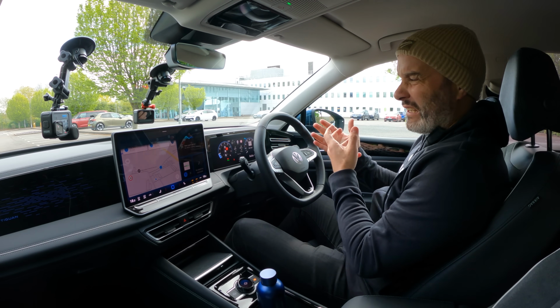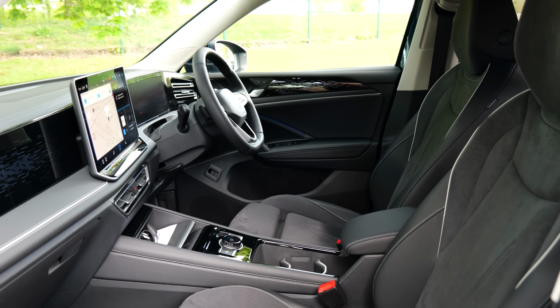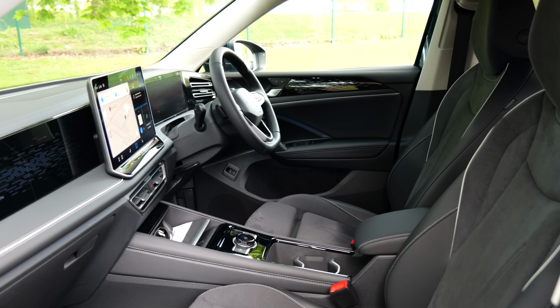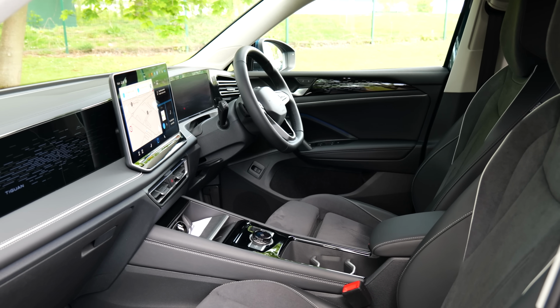Jumping in the front, and it's really spacious up here too. Typical Volkswagen driving position, which is neither good nor bad in my opinion, but it's definitely going to fit all shapes and sizes. The cabin layout and quality appears to be...